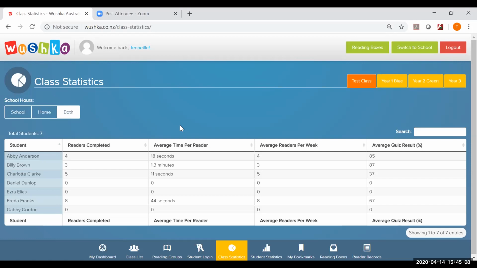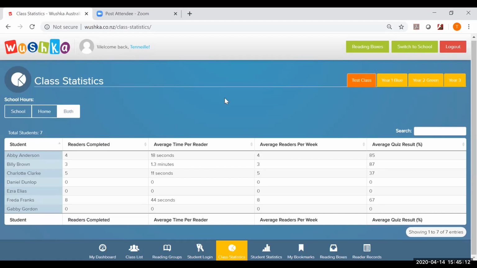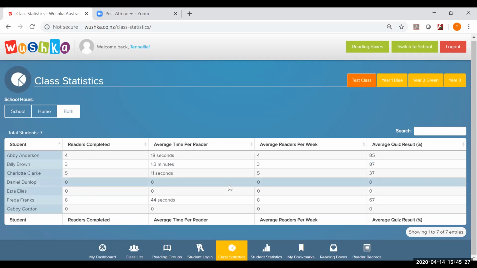We hope that it's at a good time of day where they're able to concentrate really well, and we don't advocate students completing their reading late at night on a device. But I'll show you shortly where you can see what time your students are reading. So here we can see all our students' average readers completed, average time they're spending on readers per week, and their